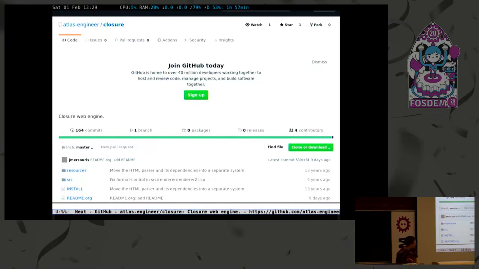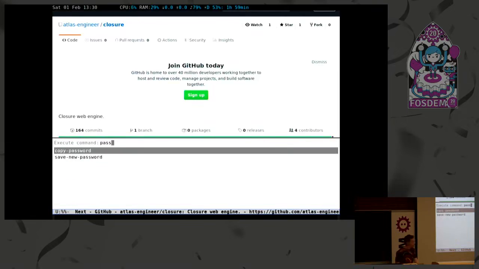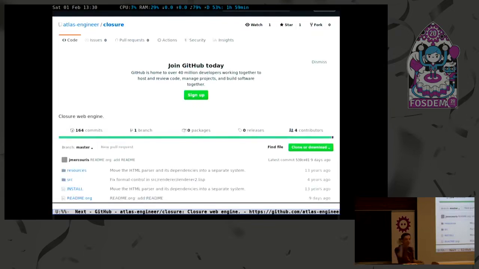Beyond that, passwords, what about password managers? I mean, they're really useful. I like to have a password manager integrated to my browser. It's best for security, very convenient. So we've also simply written a bridge to KeePassXC and password store. And depending on what you've got installed, you can just copy password and you browse here to FOSDEM, and then you get your password and you can paste it.